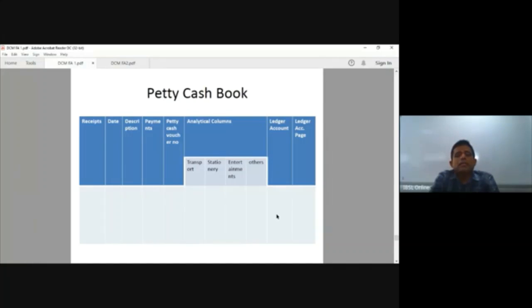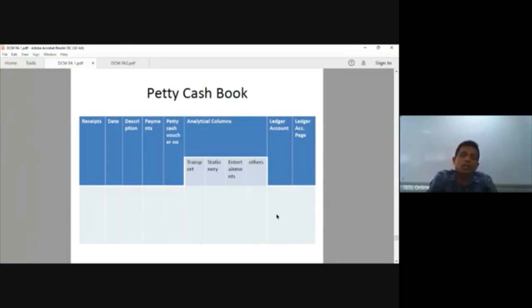Petty cash. The petty cash amounts are very small. Therefore, you cannot record those transactions in the main cash account, right? The main cash account will get cumbersome or lengthy when you write these small amounts. Therefore, in accounting, we normally have a different cash book called the petty cash account in order to record